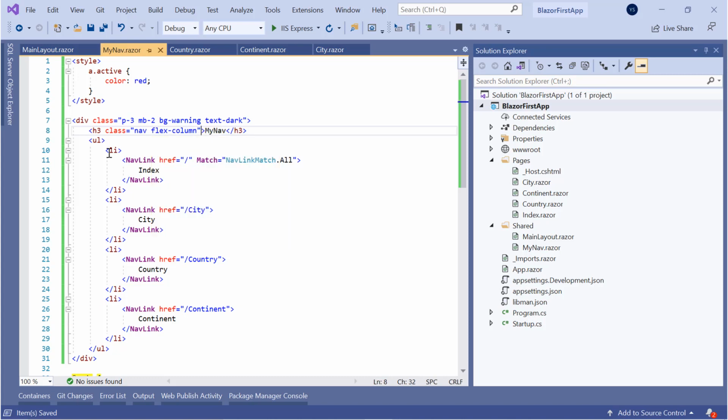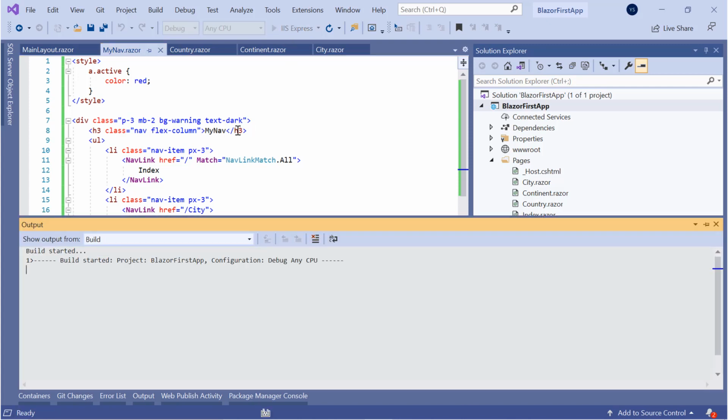So these are all Bootstrap classes, and I give li class as nav-item and px3 and copy and paste it to all li so that every li gets these classes. Okay, and now we run and see the new design which the Bootstrap will make.